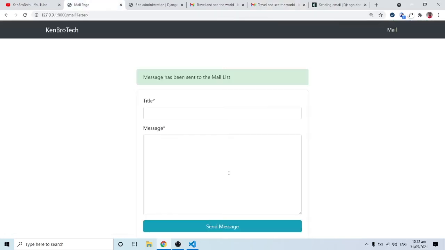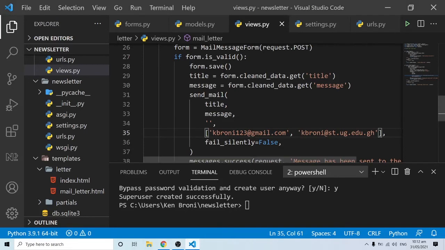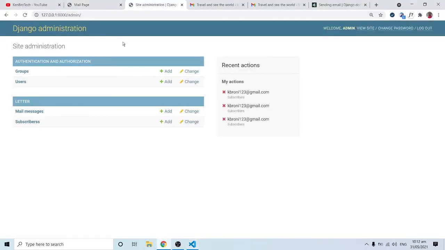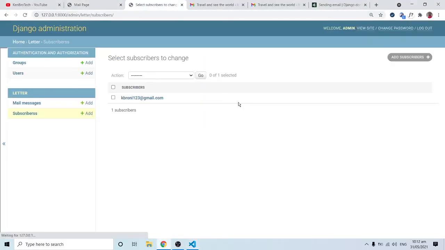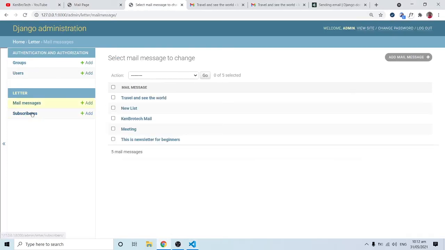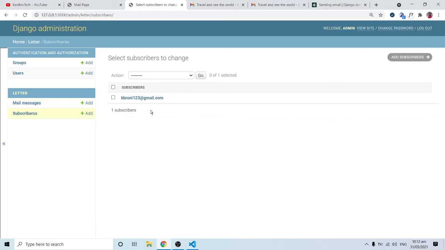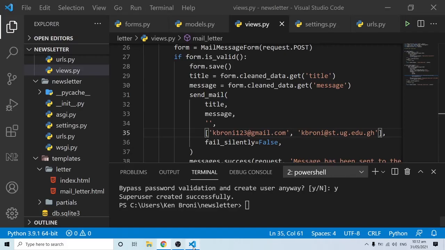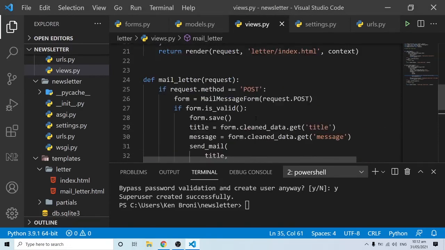So this is basically that, but we don't want to be typing. I mean, we can't come back into our code and be typing mails over here. What we actually want is to have the subscribers' mail over here being picked up, and the messages will be flooded to the subscribers we have in here. In order to do that and make things very simple, this is what I'm going to do. I'm going to import